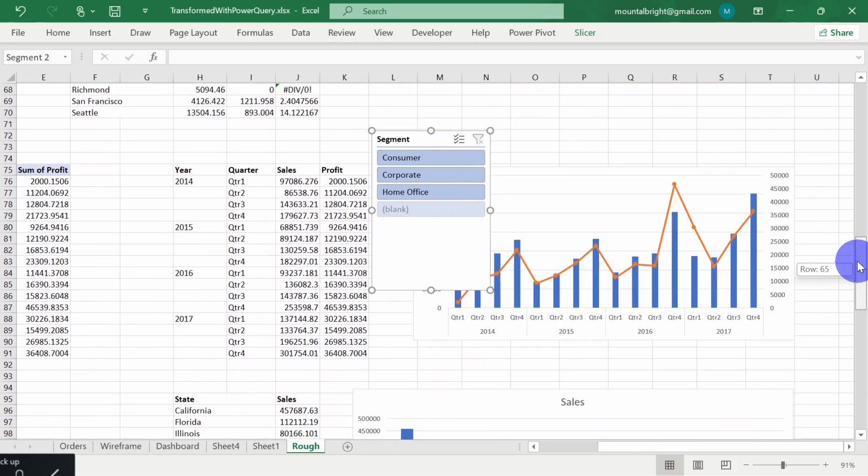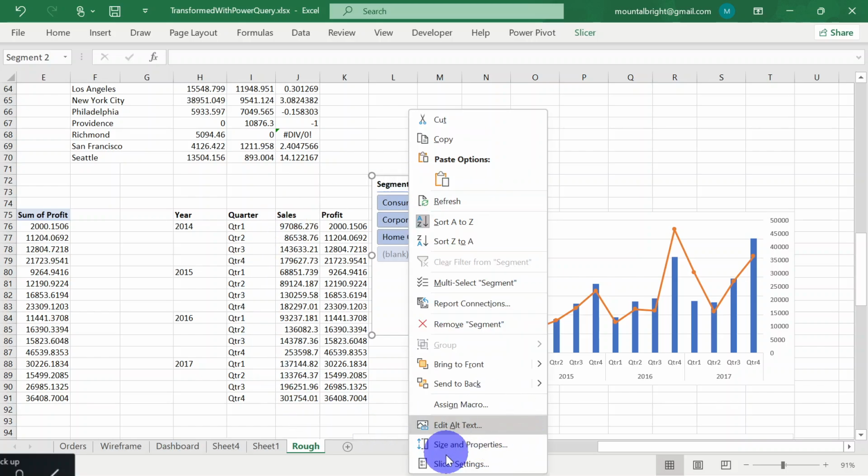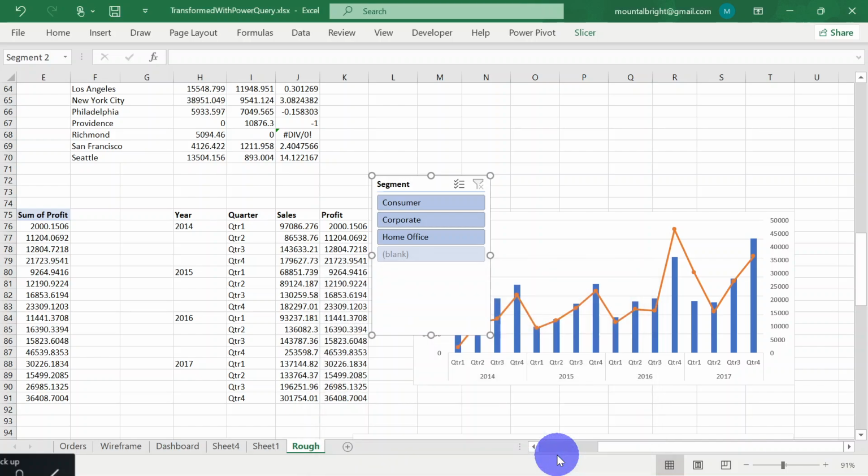Okay, well, let's proceed. Right click here. I'll need to remove that blank. So slicer setting, then hide items with no data. Okay, that solves it. Then I can now change it to